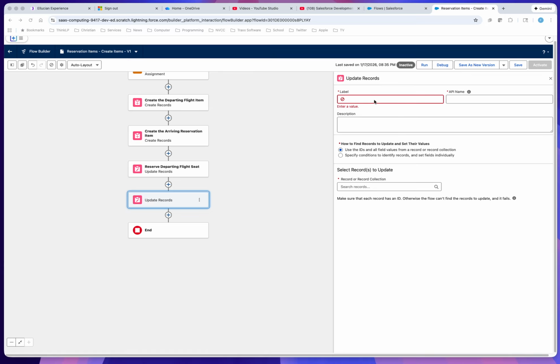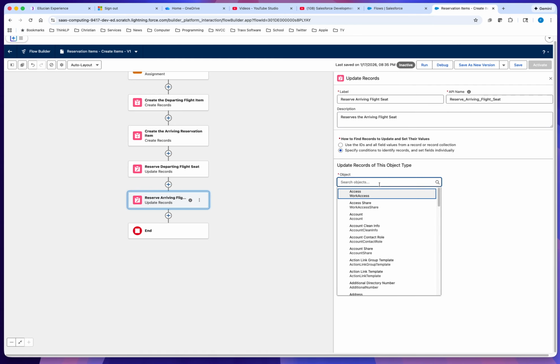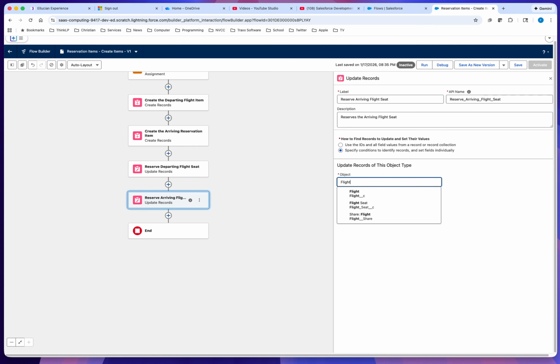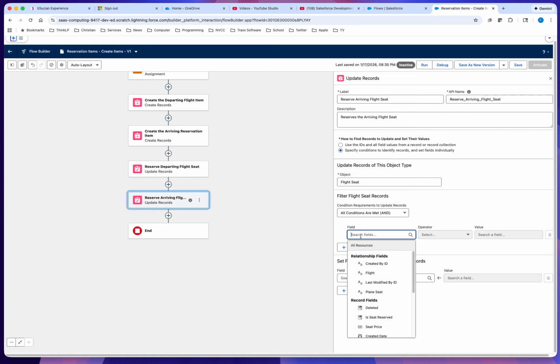And again, here we're going to reserve the arriving flight seat. Specify the conditions, flight seat. Then down here we're going to do record ID